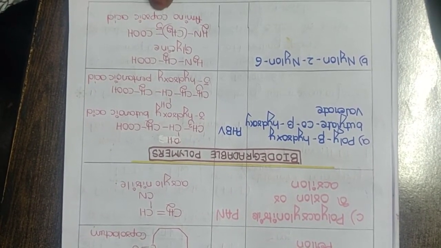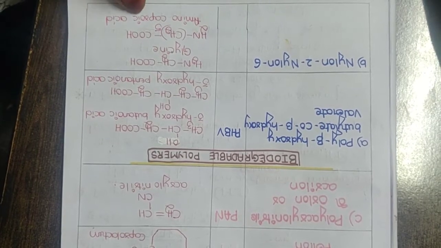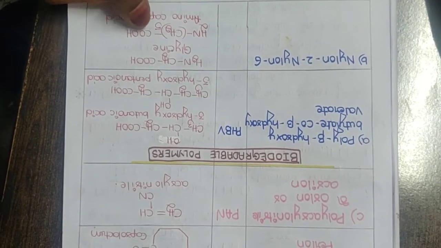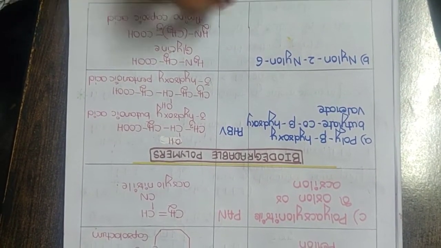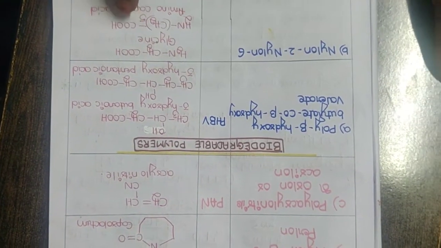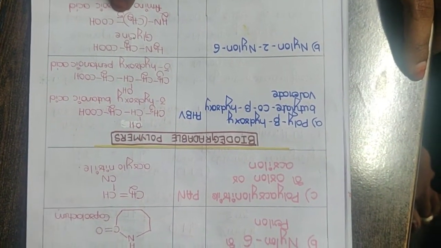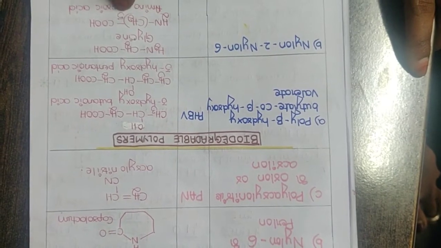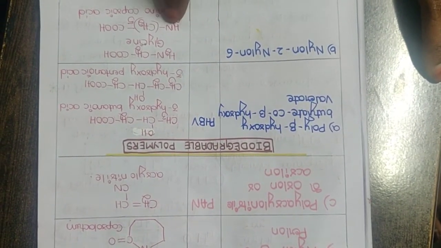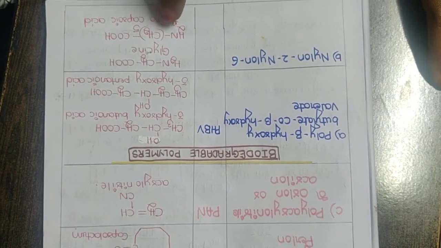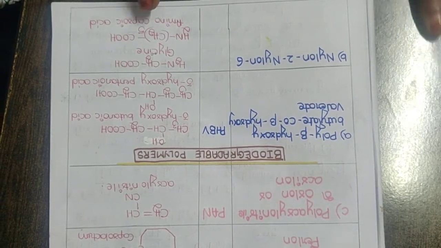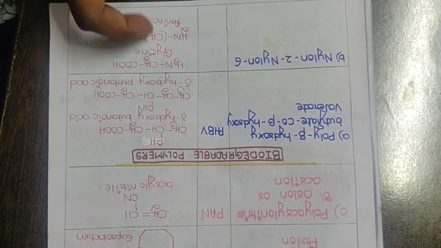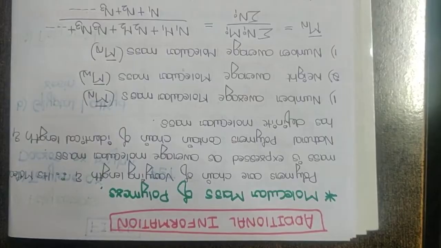If you have common sense, you can write the structure. How do you know? Oic acid refers to carboxylic acid. I should have a total of 6 carbons. 1 carbon is over, the remaining are 5. So you will write a 5-methylene group. And amino is required, so you will write an NH2 group. So this is the structure for amino caproic acid. These are the 2 monomers for nylon 2, nylon 6.